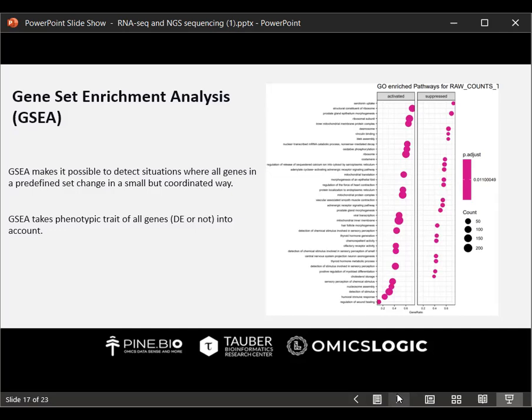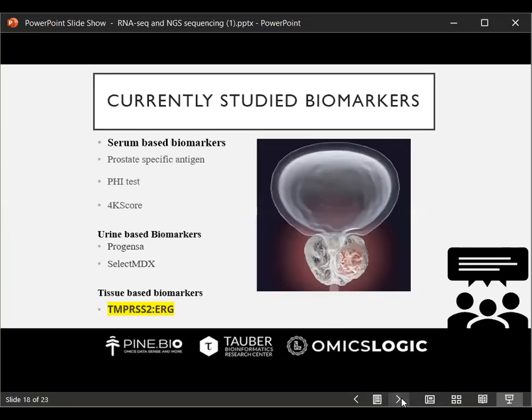Now, to perform this GSE analysis, as you can see in the result, we found that there were suppressed pathways present. There were activated pathways that were also present, and this is the result that we got. So now, coming further, we understood that in the previous studies that were done by Pavel and Porzowski, previous researchers, they reviewed a paper and all the biomarker tests that were present, and it was a very comprehensive study that we use as a basis for our studies.